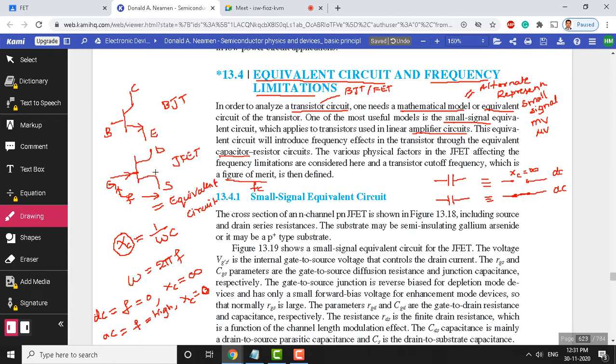Most devices pass frequencies up to a certain level, and beyond that they try to block. We will see in what way the JFET behaves. We will estimate even the expression for the cutoff frequency also. Cutoff frequency means, if I call the cutoff frequency Fc, and the applied frequency of the AC signal is F, then when F is less than or equal to Fc,